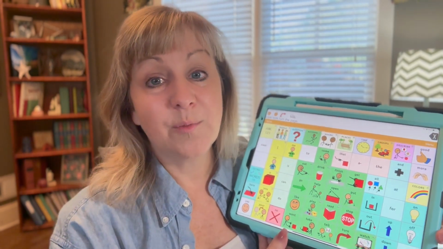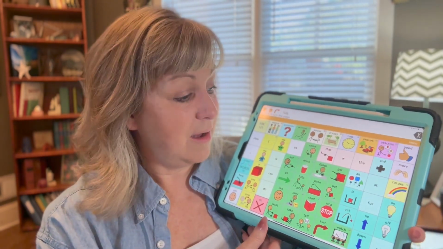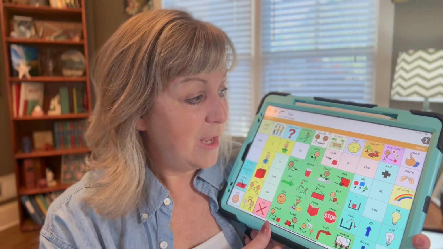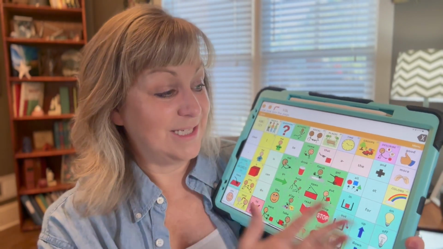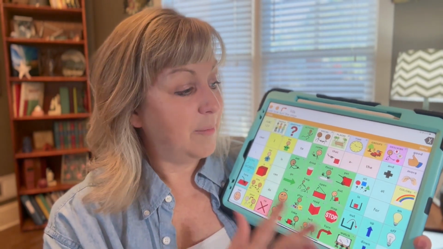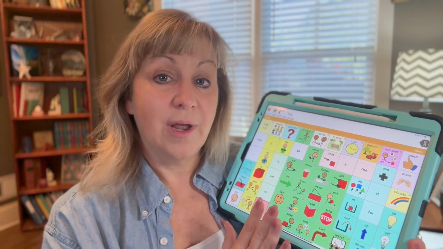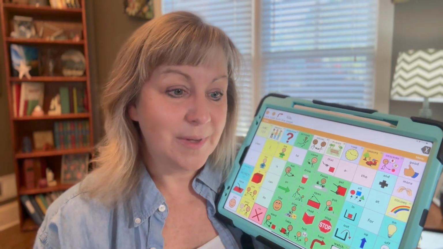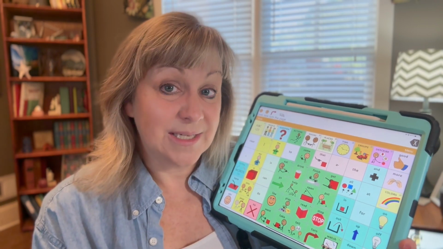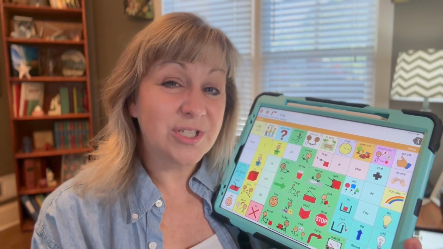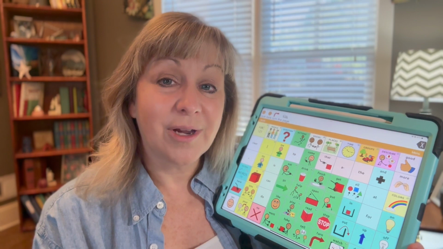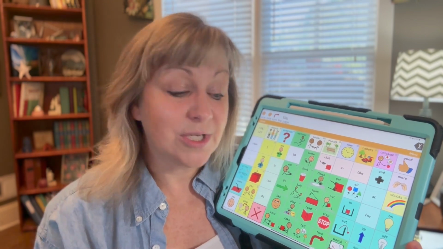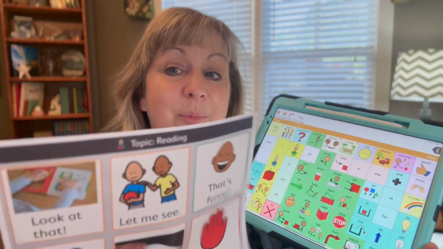Now, this is Word Power 60 Basic on Touch Chat app, and you can see it's pretty complex. This can be intimidating for our families. It can be intimidating for our school team, even for our SLPs. But it's really not. We're still going to target the same exact messages that we targeted for our little emergent